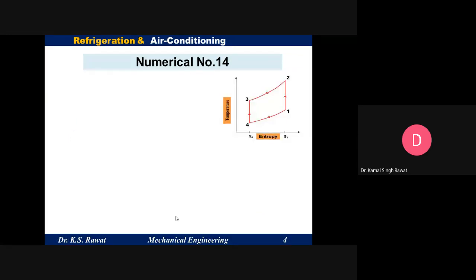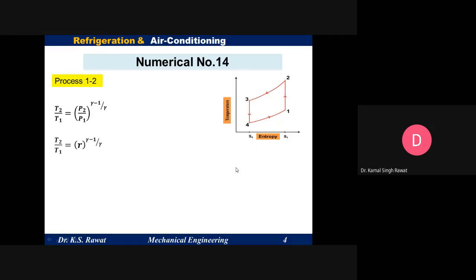Okay. So now we have the value of T1 and we have the value of T3. So our second step should be to calculate the temperatures T2 and T4, the remaining temperatures. First we will deal with the process 1 to 2. And for the process 1 to 2, we can write T2 by T1 equals P2 by P1 to the power gamma minus 1 upon gamma.